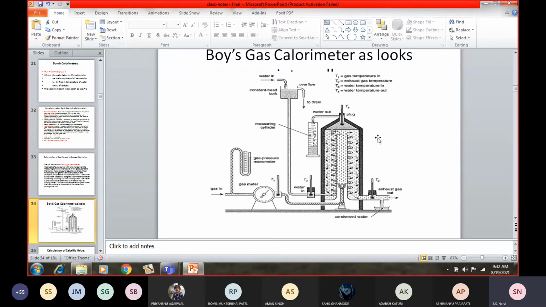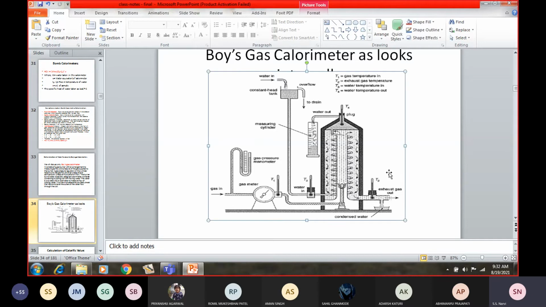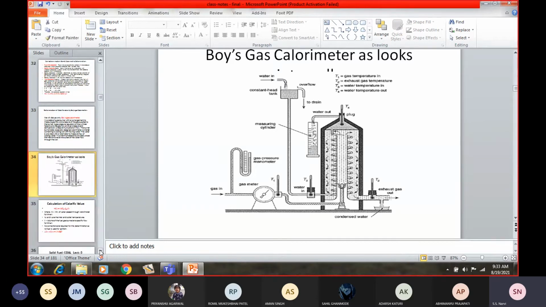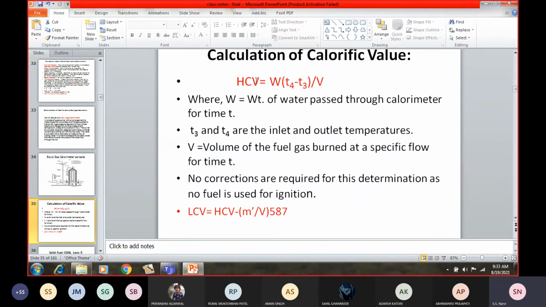Is negligible. But whatever rise in temperature is there, you can see if there is any difference between T1 and T2, then that correction has to be taken into consideration. So that is why you can see there is no TC, or if TC is there, that will be corrected here, isn't it? The difference of temperature will be added here, isn't it? So that is why HCV is given in this form of calorimeter.